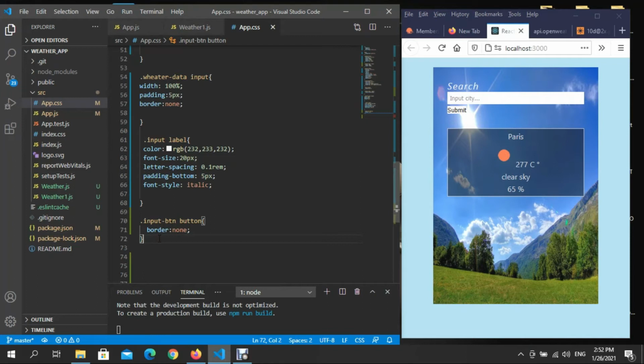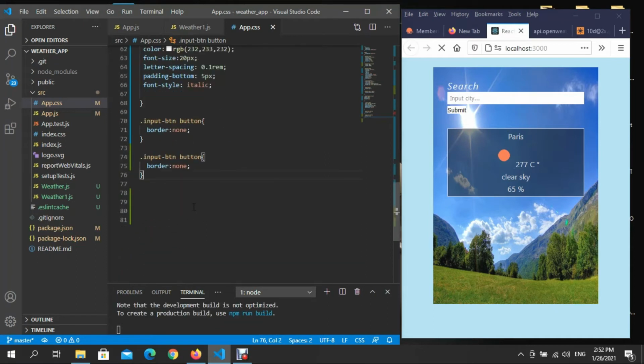Border none. Dot input btn button. Also, we need to put here btn button hover. I need a hover of, come on,